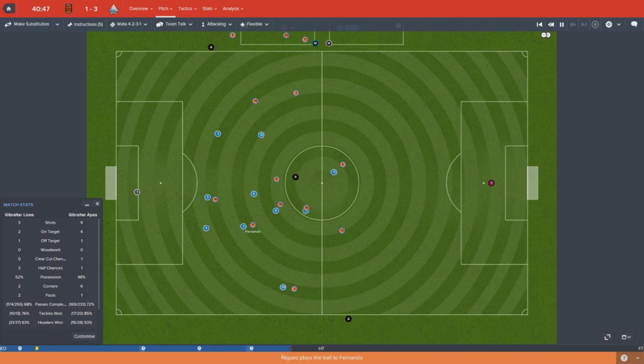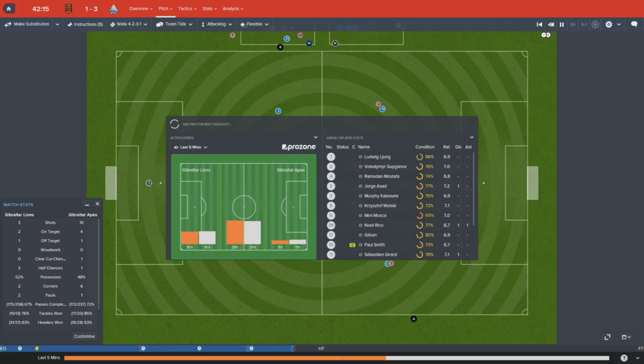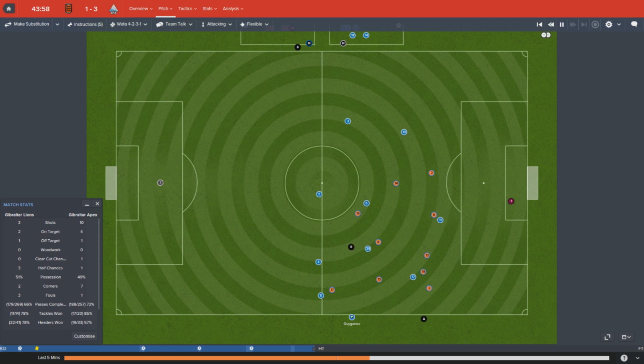As Lions are on the attack, Fernando cutting inside. Now to Volsky, Girard. It's not a great pass, but we still got the ball. Rico works some magic, Girard, he's through. Can he finish it? No, he can't. Solo with the save, just collects it. And, well, it's 3-1, and at half-time, maybe there's...